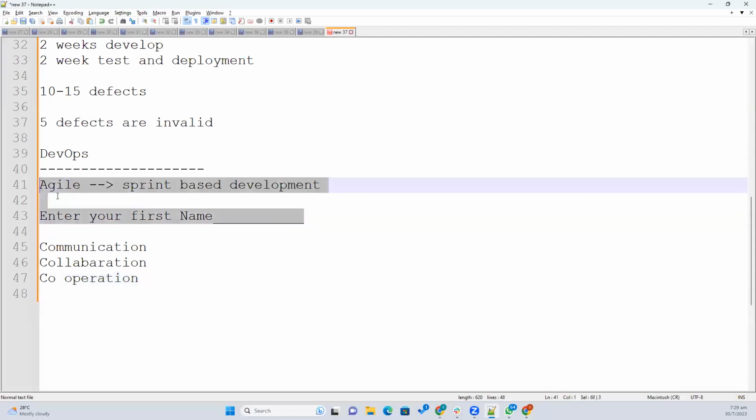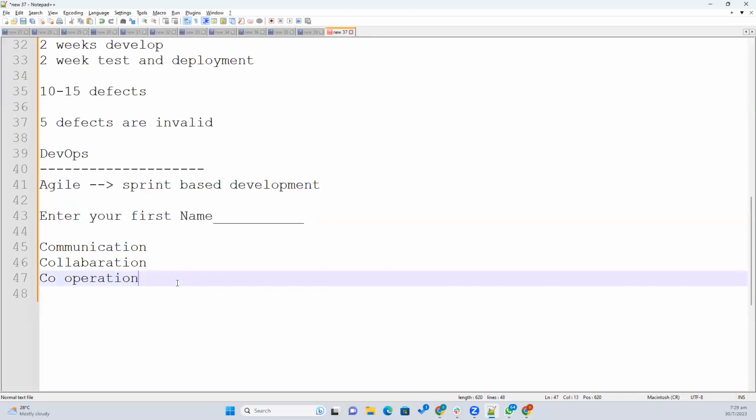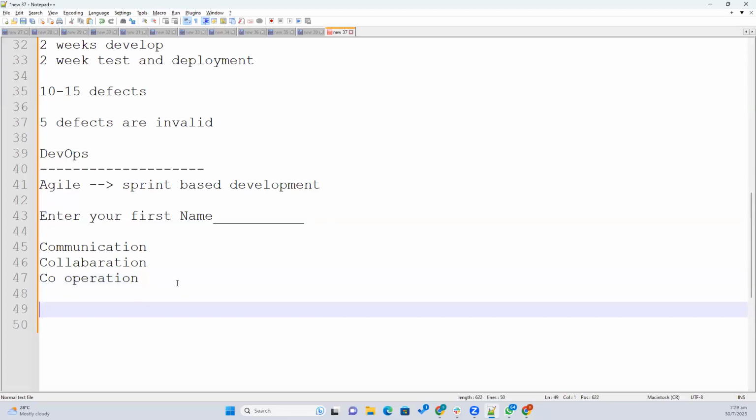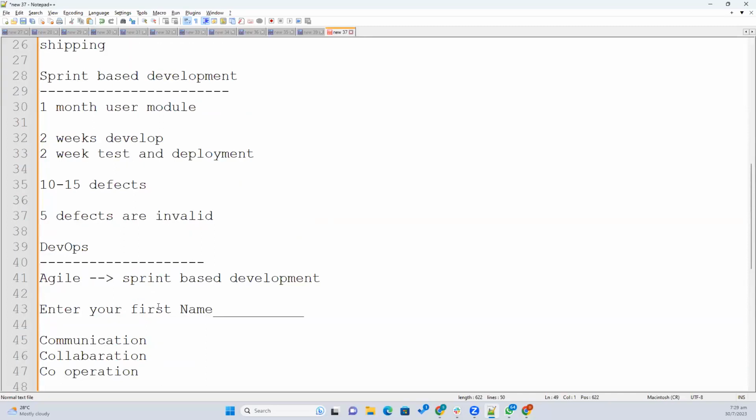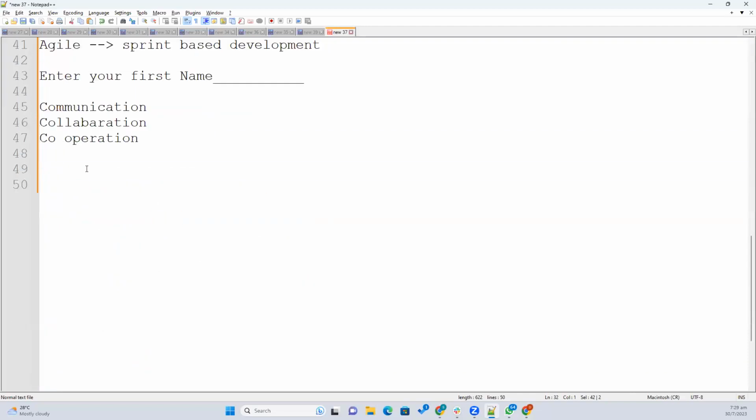So finally, what DevOps says is, whatever you develop today, it should be tested and it should be deployed on the same day. So then you will get the immediate feedback. There will be high chances for you to get the feedback. Now, before going to the client itself, you have at least 1 month time. You have 1 month time to correct yourself. So just understand this fact.